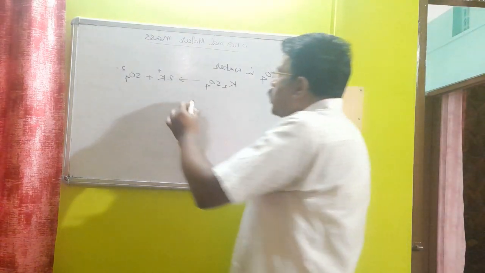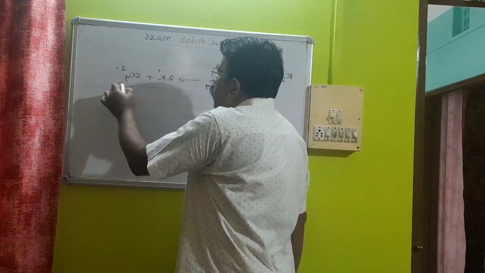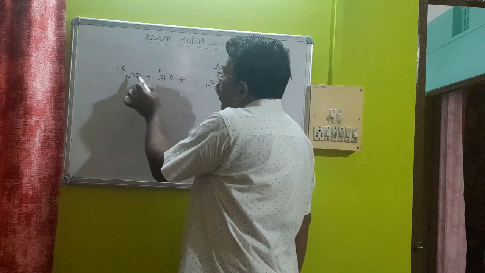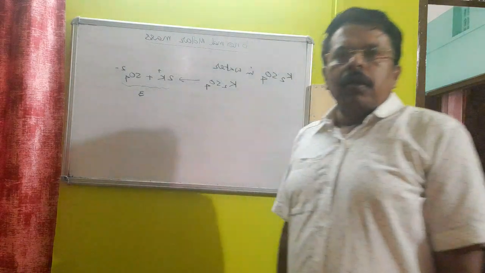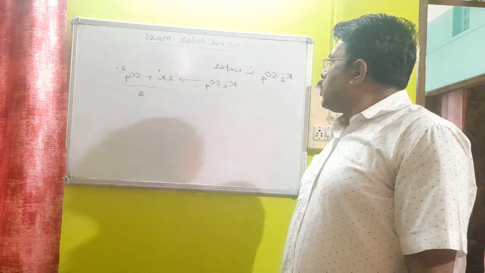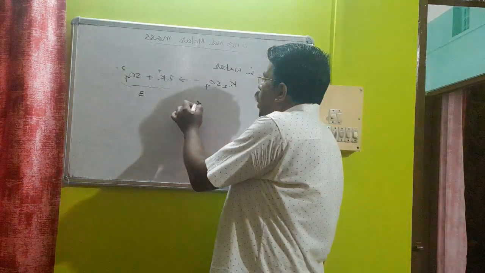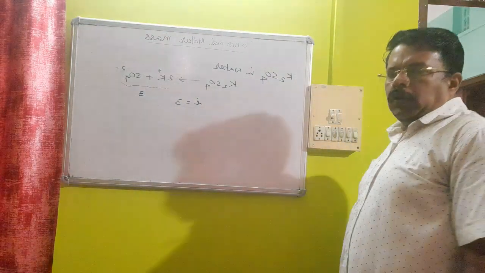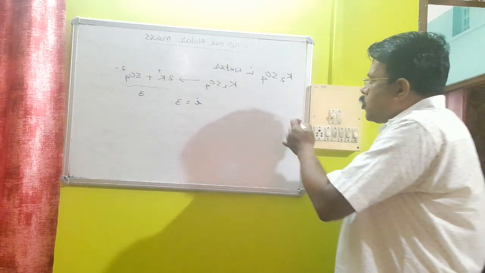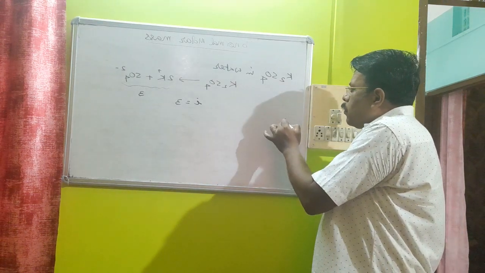So how many particles are being formed? 3 particles, 2 and 1. So for potassium sulfate in water, the value of i will be 3. Suppose this question comes in the exam